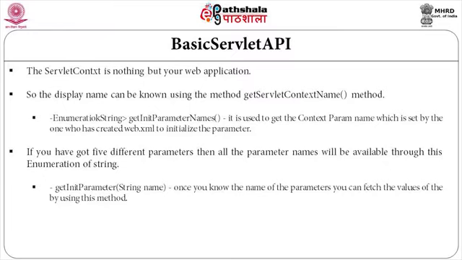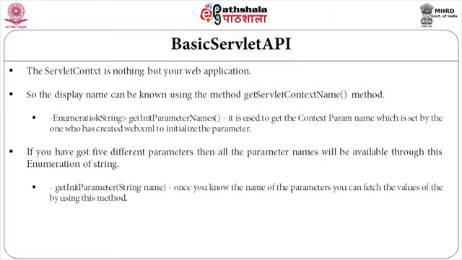Same way, we had those context parameters in our web.xml file. If anyone is interested in finding out what those context params are, what the initialization parameters are, fine, because someone who deploys the application is setting up the web.xml file, and he can specify whatever initialization parameter he wants. So, what are all the initialization parameters which have been specified in the web XML file?